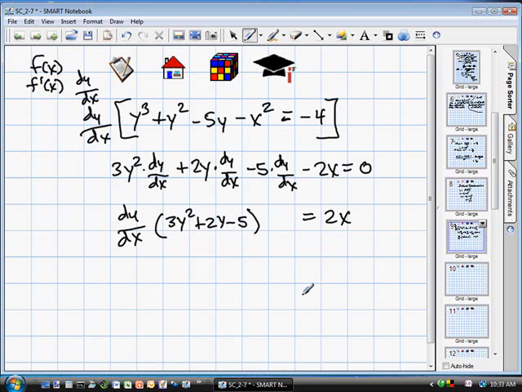Wouldn't that look like that? And then, can you solve for dy/dx? Sure, all we've got to do is divide both sides by this big multiplied quantity. So dy/dx equals 2x